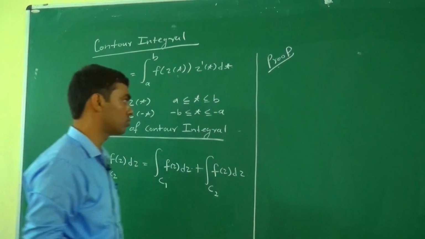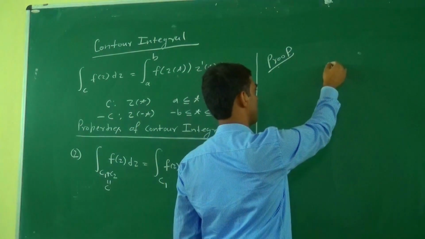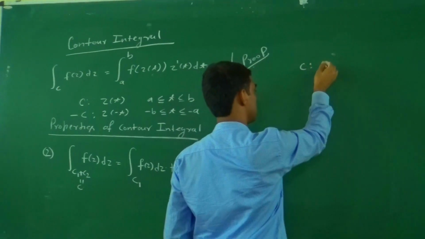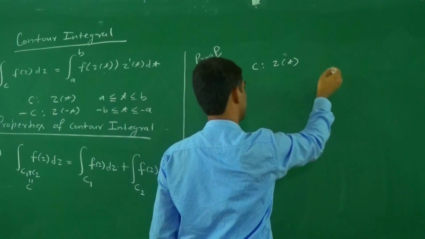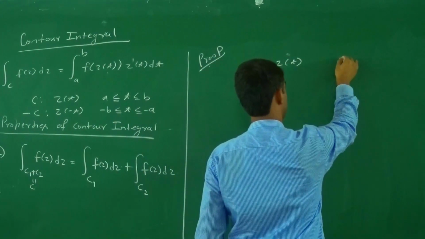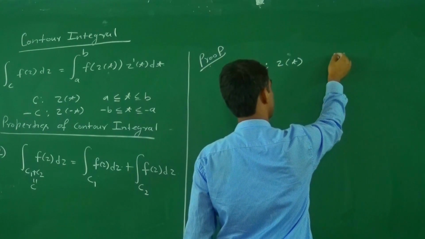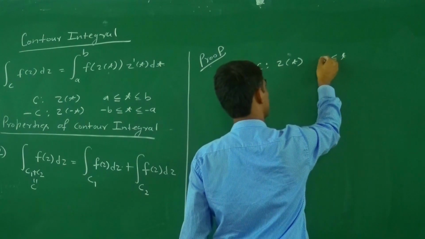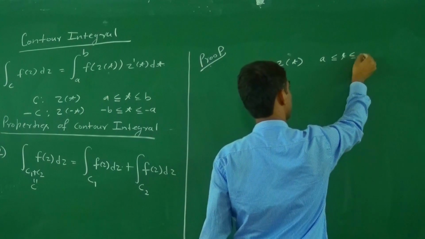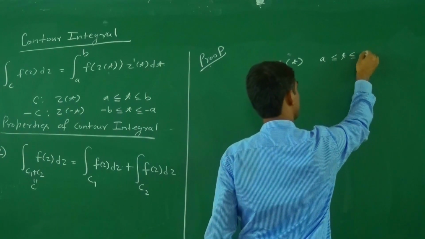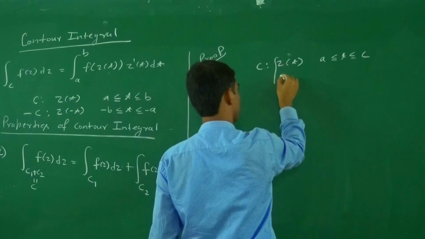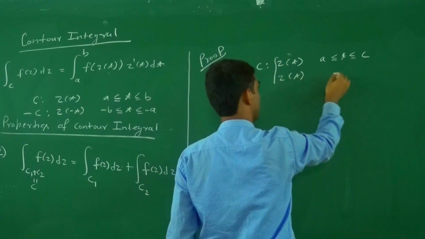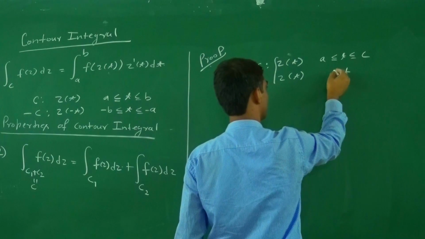So how do we define this? c such that z(t) if t ranges from a to c, and c is another z(t) if t ranges from